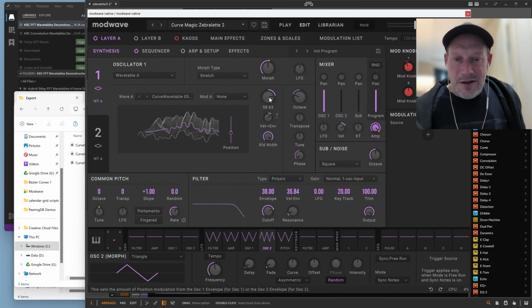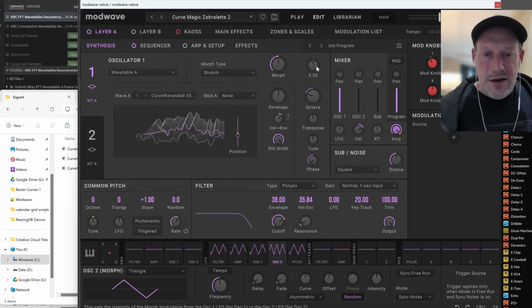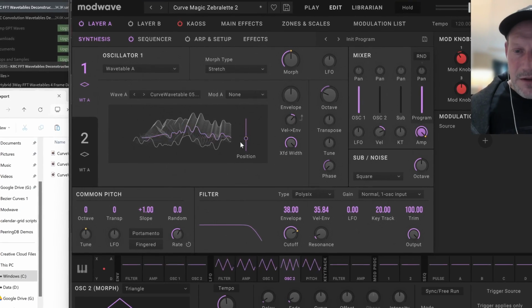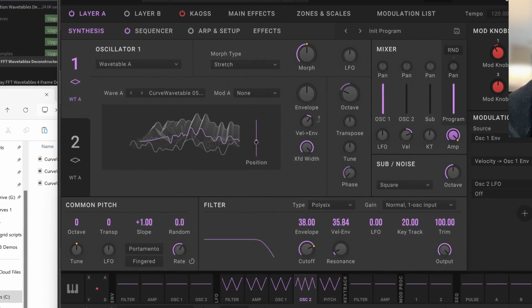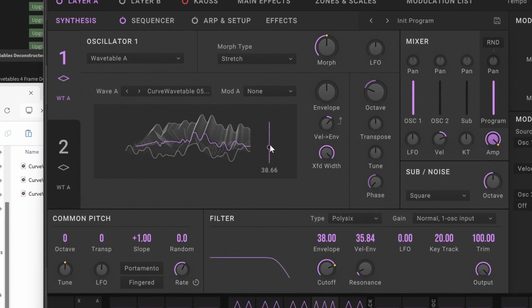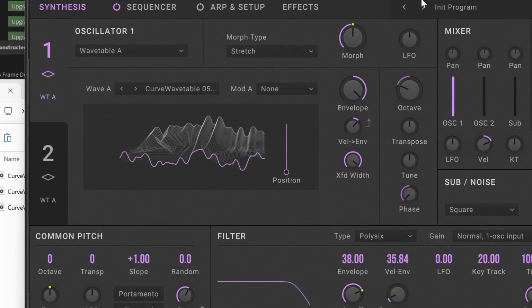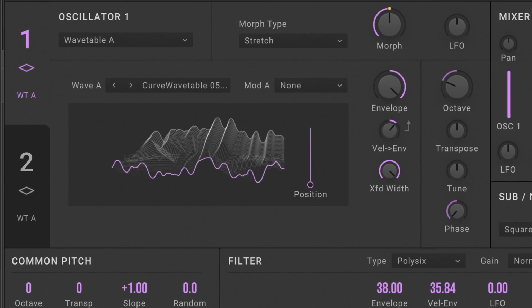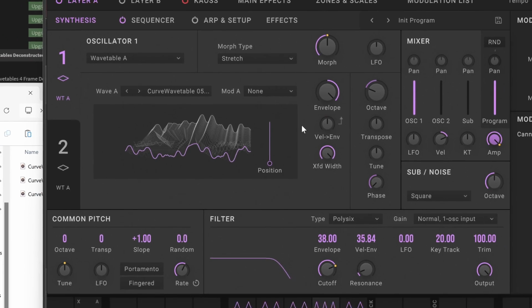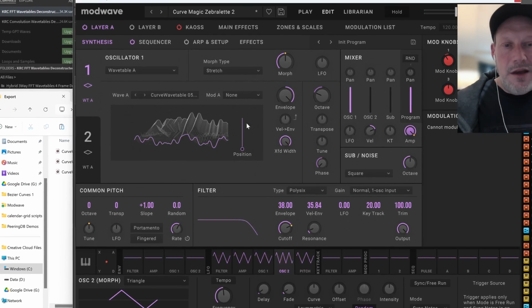So let me turn some of this stuff off. Let's say I want to change this, change that. Okay, let's just make him more static. So this is very similar to the waveform we just heard, but it's been exported and then imported into ModWave